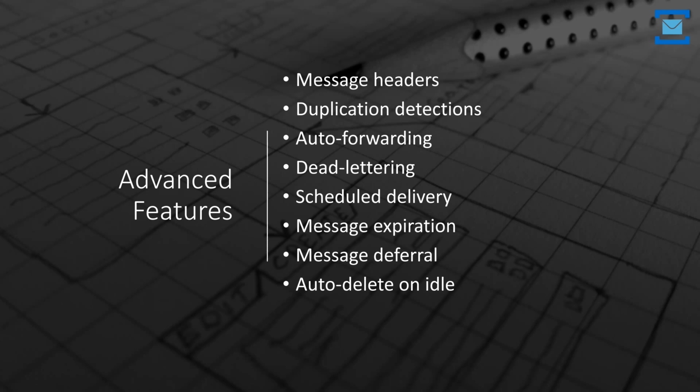Auto deletion on idle. Another fantastic feature that Service Bus is providing is being able to drop both the messages and the queue that contains those messages if there was no action on the queue for a defined period of time. So for example, if your system is dynamic in its nature and provisions queues dynamically that are used for a short period of time and then no longer required, auto deletion is your friend because it can drop the queue without manually necessarily going to the Azure Service Bus and removing those queues.